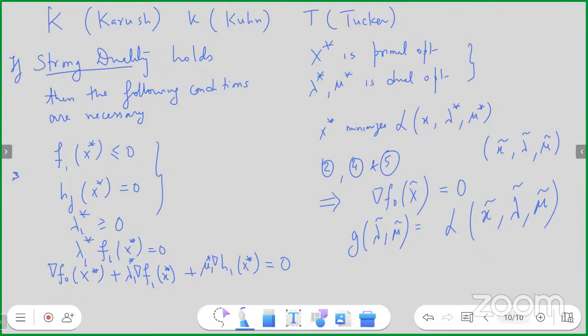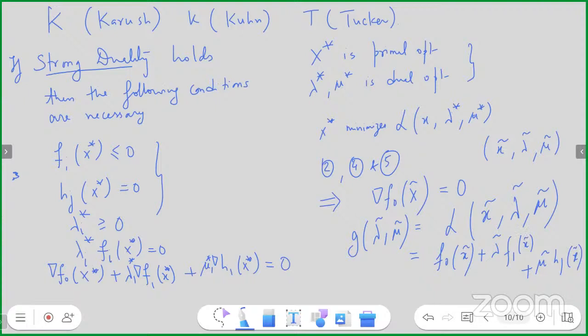That's what is coming from there. So the infimum is replaced by just pushing x tilde inside. Now what is the definition of this? F0 of x tilde plus lambda tilde f1 of x plus mu tilde h1 of x. That was the